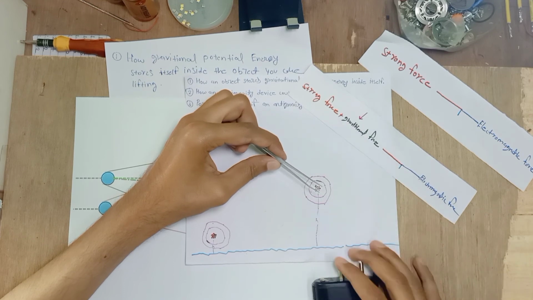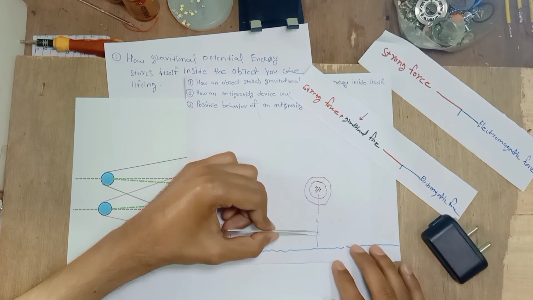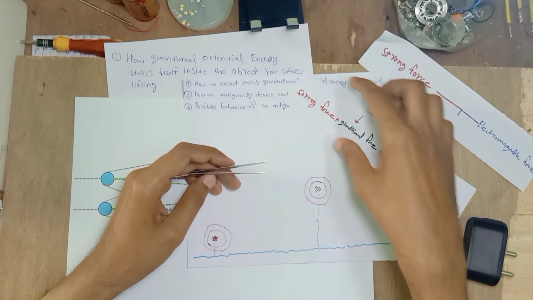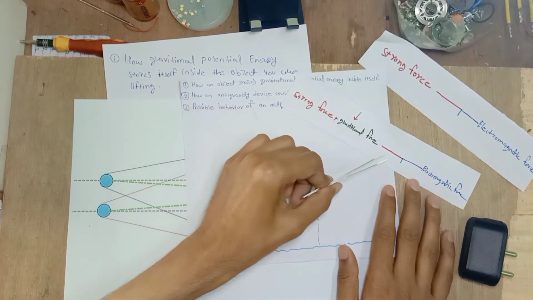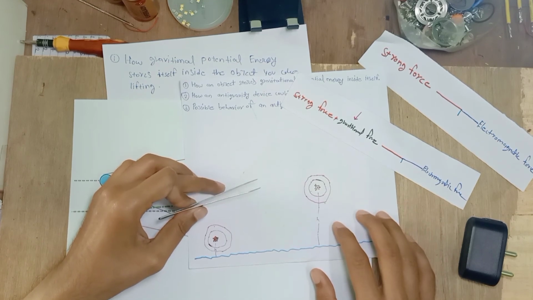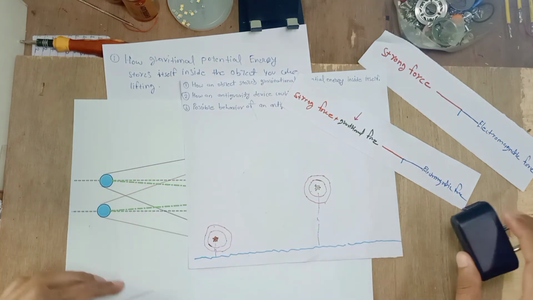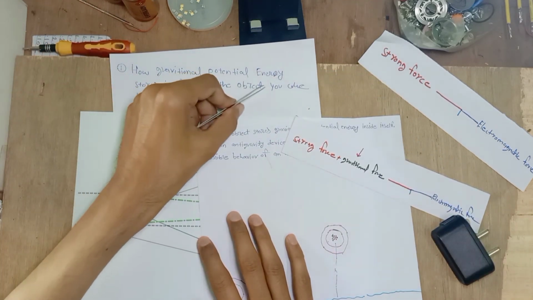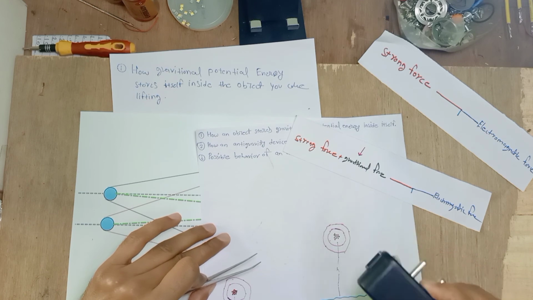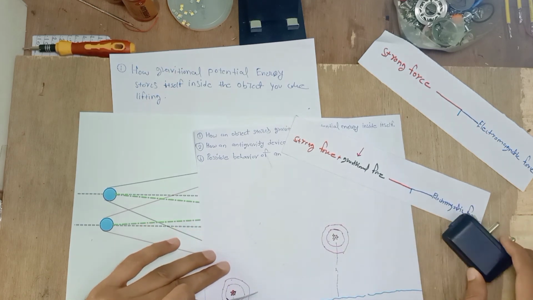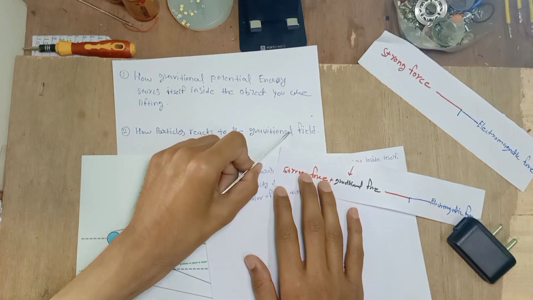When you release the object, the object falls and the energy converts into kinetic energy. So how do all three forces react? All these forces react together like a spring, to hold the energy and to release the energy. So this is how things work. This is how gravitational potential energy works and stores itself inside the particles of the nucleus of the atom of the object you are lifting. And this is how particles react to the gravitational field.